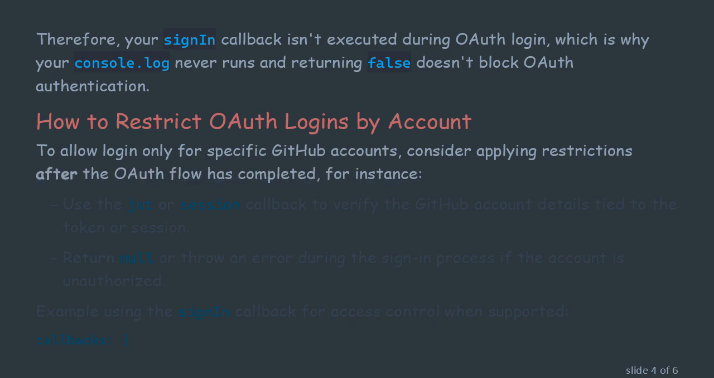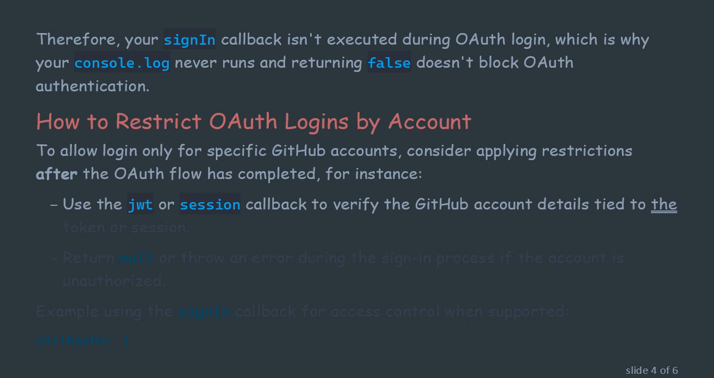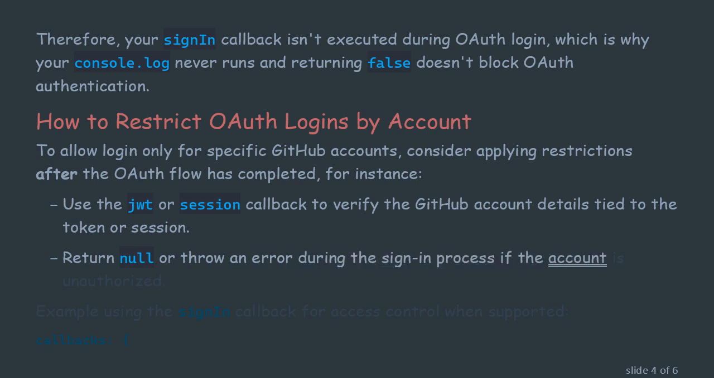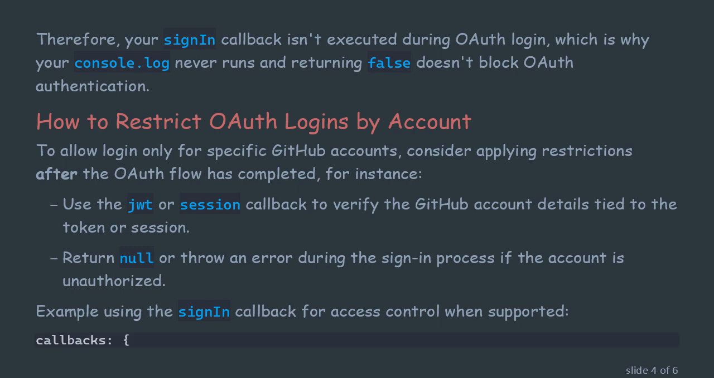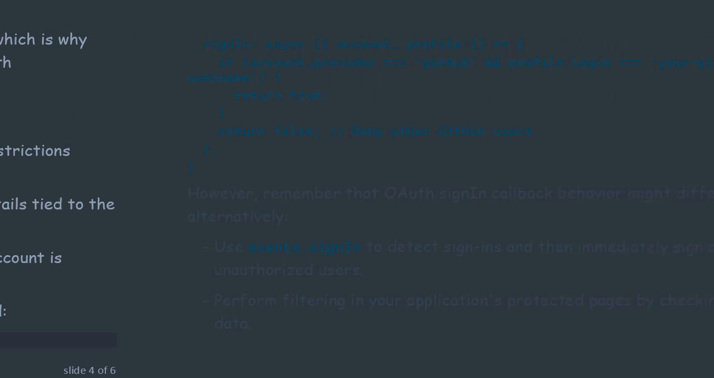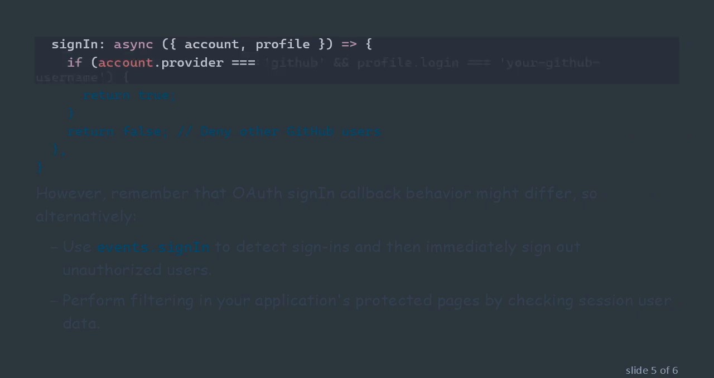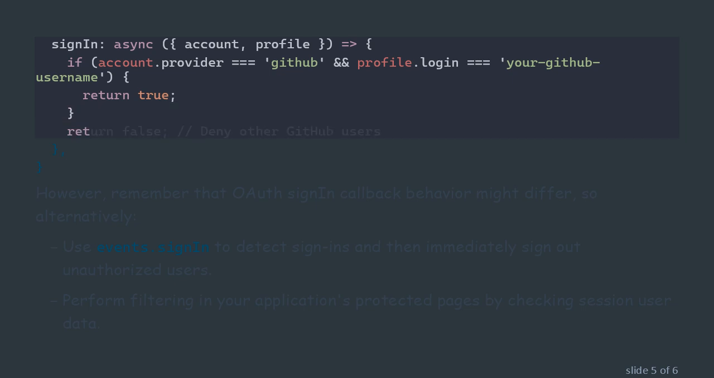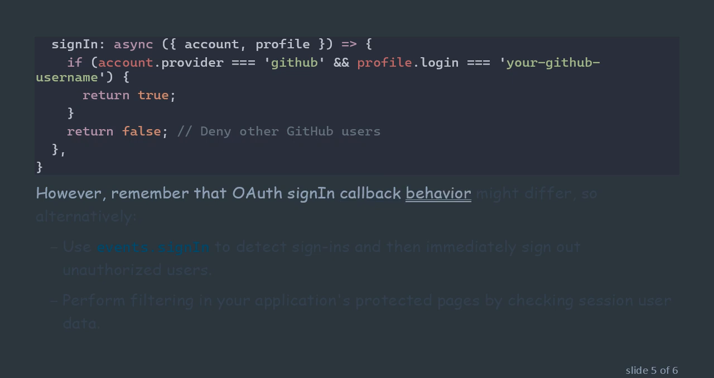For instance, use the JWT or session callback to verify the GitHub account details tied to the token or session. Return null or throw an error during the sign-in process if the account is unauthorized. Example using the sign-in callback for access control when supported. However, remember that OAuth sign-in callback behavior might differ, so alternatively, use events.signin to detect sign-ins and then immediately sign